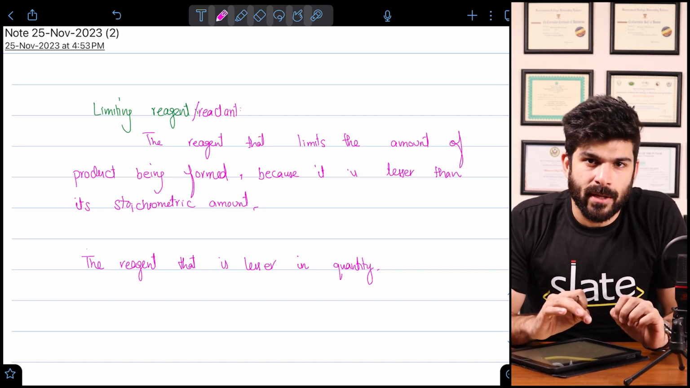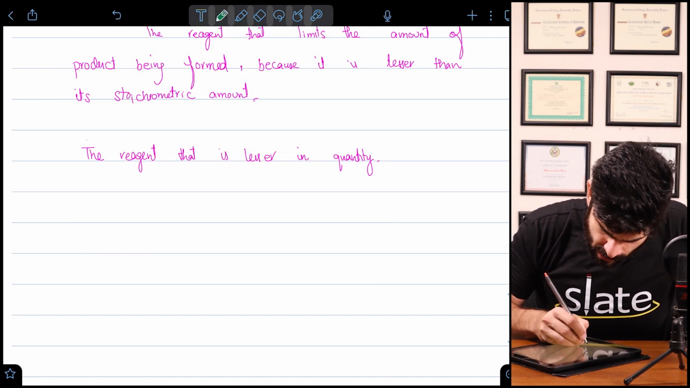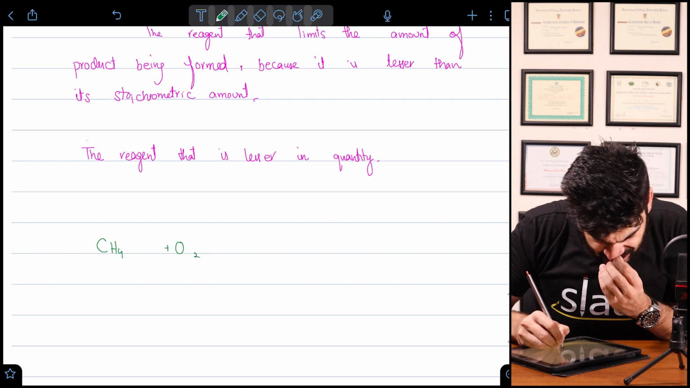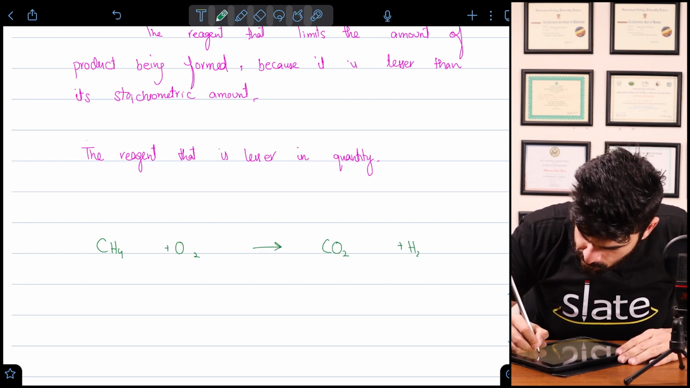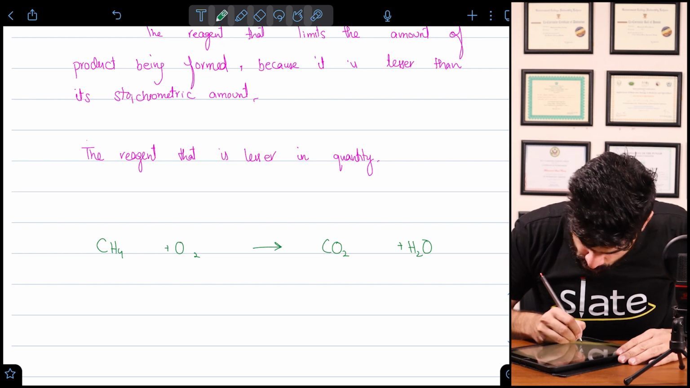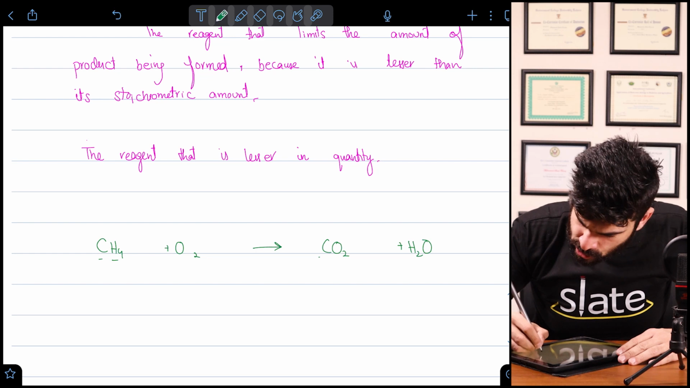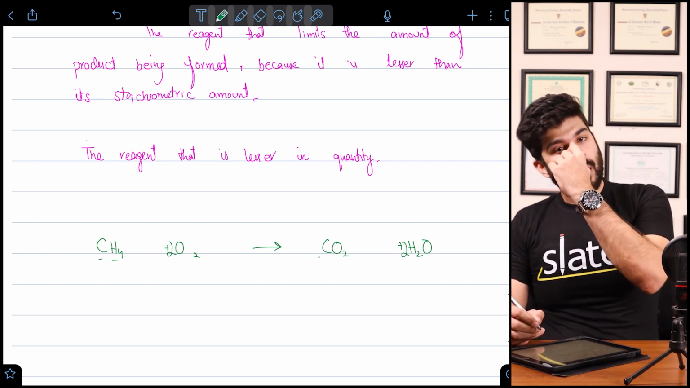So limiting reagent, let's talk about a very basic reaction. Let's burn methane in air. This is combustion. We get carbon dioxide and water. So let's balance the equation. 1 mole of carbon, 1 mole of carbon dioxide, 4 moles of hydrogen, so 2 moles of water, and we get 2 moles of oxygen. So students,